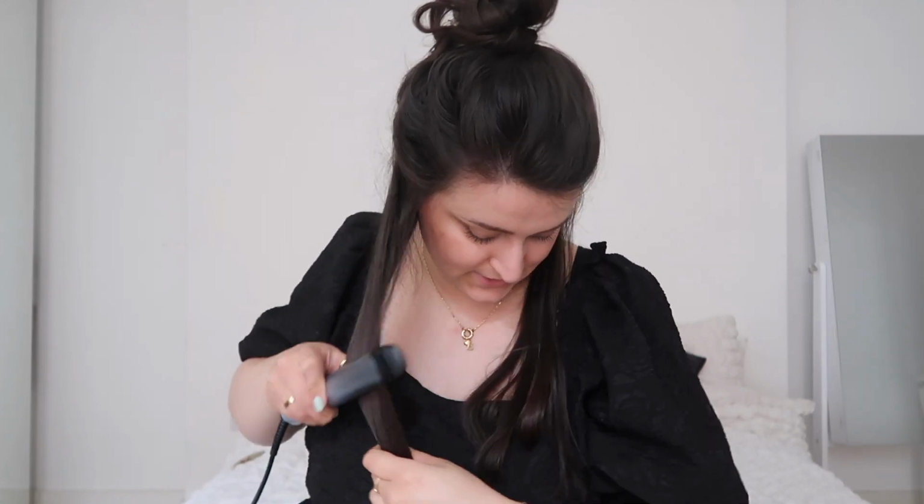So what I've been doing when I straighten my hair normally, I just go through it all like this to get most of it straight, and then I will curl the bottoms under because I just find it much easier than curling each individual strand. Then it goes like that. Recently, I don't like to have my hair poker straight like I used to when I was a bit younger. I prefer it to just be generally straight with a little bit more body to it. So doing it in big pieces like I just showed you gives it a much more body effect. Whereas if I did want it quite poker straight, then I would separate it out into smaller pieces in each layer as well, to make sure that I was getting that